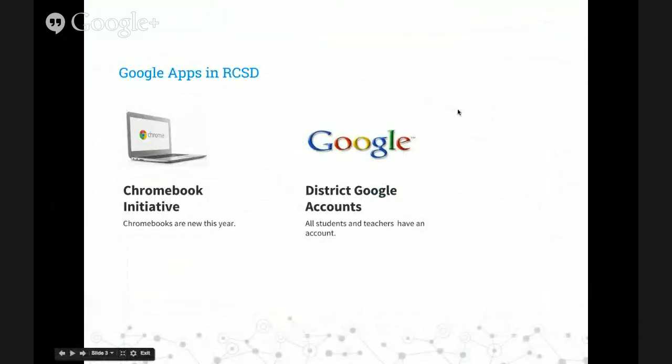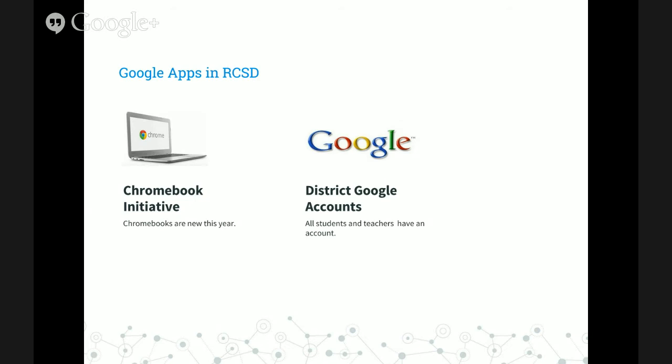Let's get started. How did Google Apps and Google Classroom get started in the district? This year we've had a big rollout from instructional technology with Chromebooks in probably 10, 12 schools, maybe a few more. With that Chromebook initiative, every teacher, student, and district employee has a Google account. Now, in a lot of schools, you might not even know that you have one. But any school can use the Google accounts, and any teacher at any school can use Google Classroom.